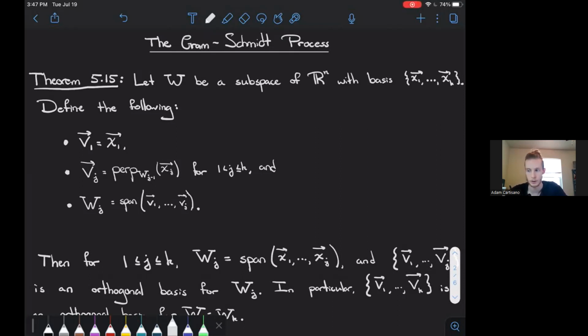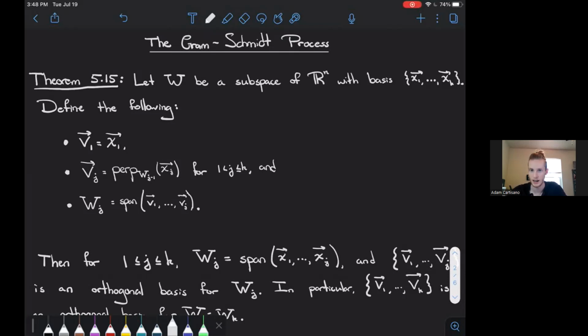So for any future v vector that we're trying to define, we have to find the component of xj which is perpendicular to the subspace W_{j-1}. What is W_{j-1}? Well, it's just the span of the vectors that you've computed previously. So in other words, what we're doing is using the original basis vectors as a model. We know that they're all linearly independent, and so one at a time, we sprout off